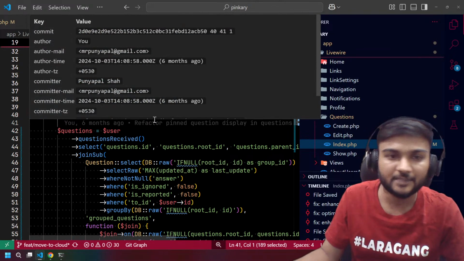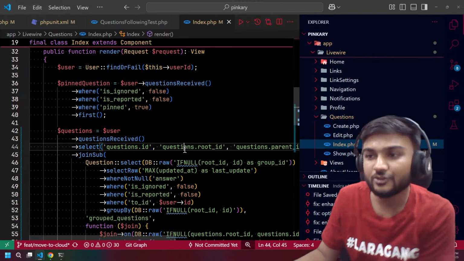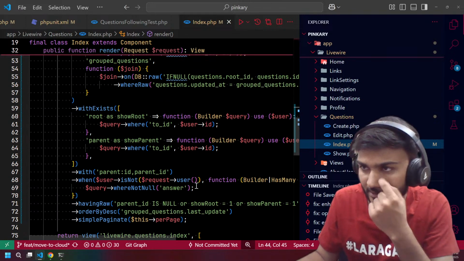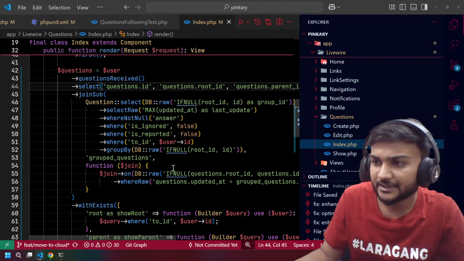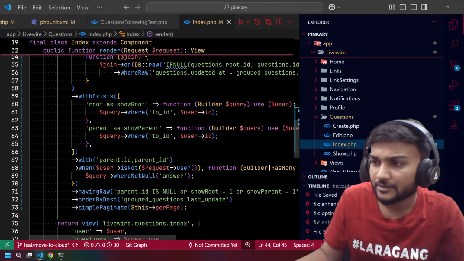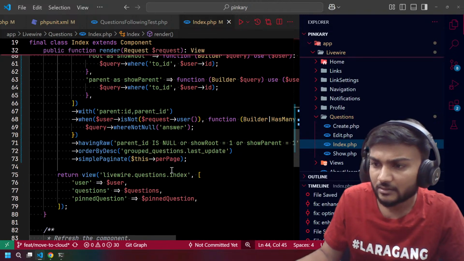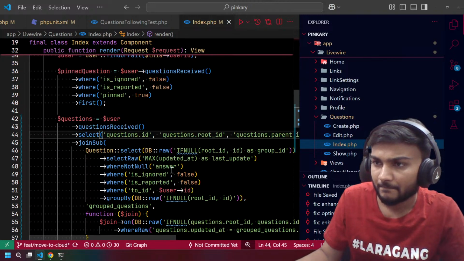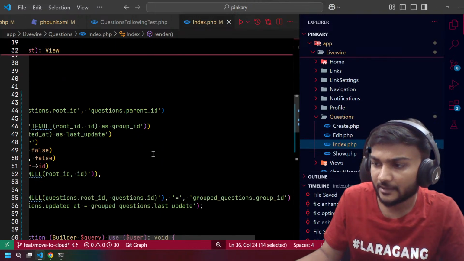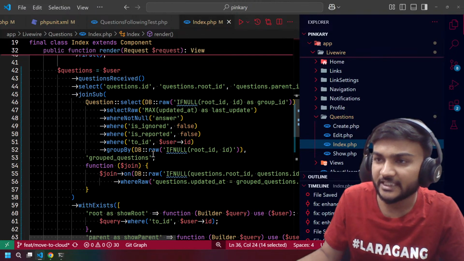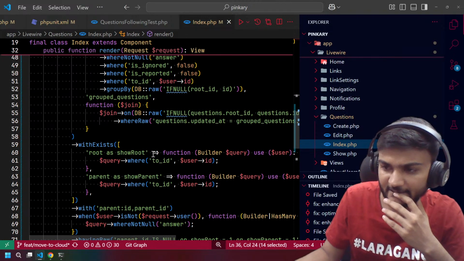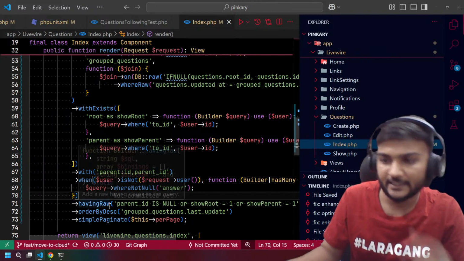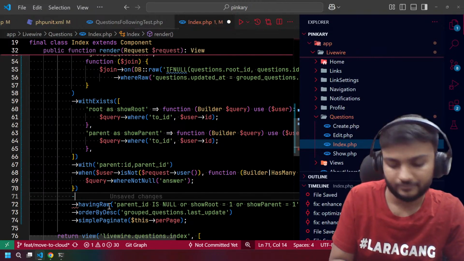And yeah, we have a pin question. So we need to take a pin question separately, and maybe somewhere we are saying that we don't need a pin. Where is it? We are not doing that. Oh, no, no. Okay, this pin question is there, but we are not saying that we don't need a pin question. So should we add it, right? So we can add it where